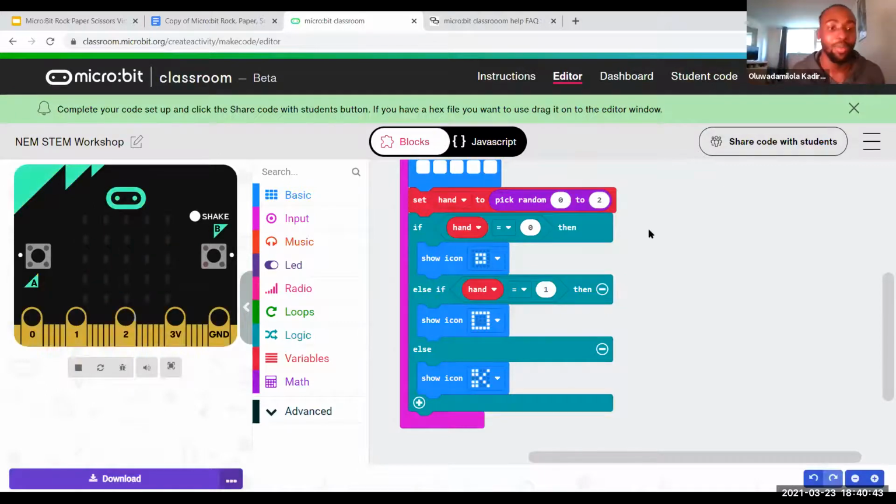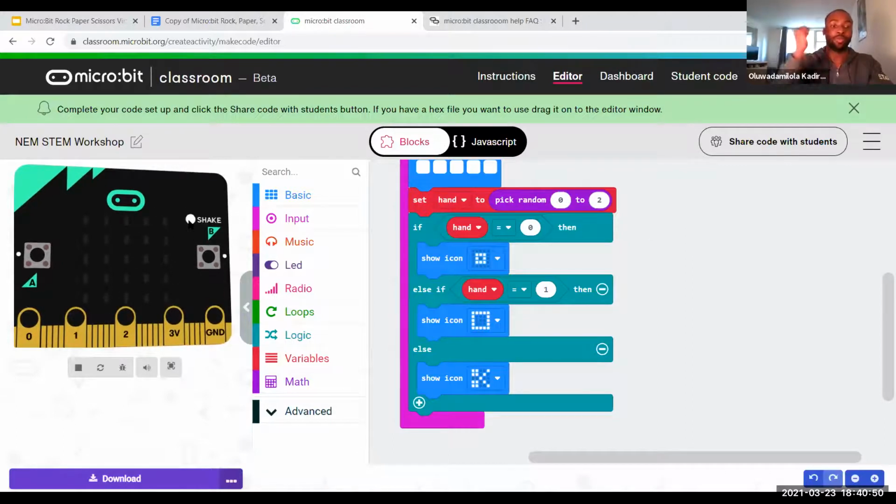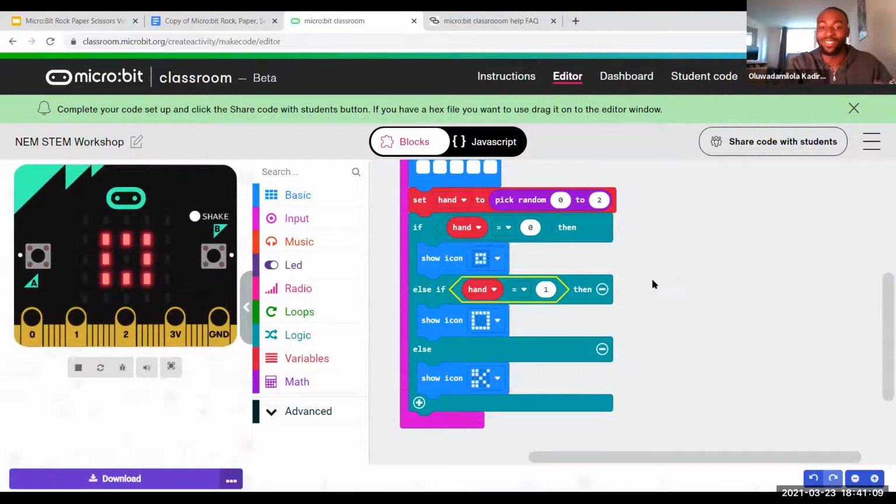So now you can play rock, paper, scissors against your MicroBits. So if I wanted to play against my MicroBit, I would go rock, paper, scissors, shake. Oh, I lost. Tough. Rock, paper, scissors, shake. I won. So we finished our rock, paper, scissors game. Now you guys can play against it if you want, or you can play against other people's MicroBits if you want. That'd be kind of fun.